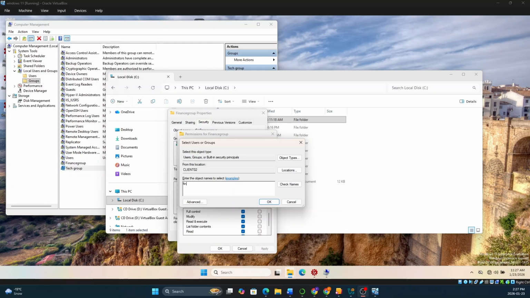So I'm adding this finance group team. Remember, they are a group of persons, employees, like I call them, or staff, in this finance group. So I'm giving them this finance group permission to use the resources in this file that I'm creating. So I'm going to give the finance group